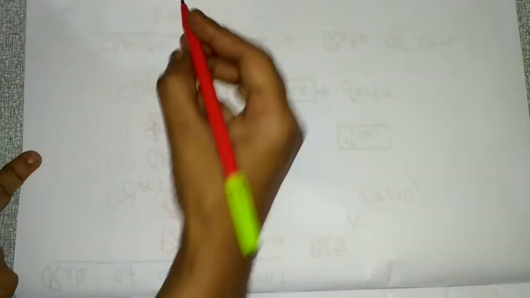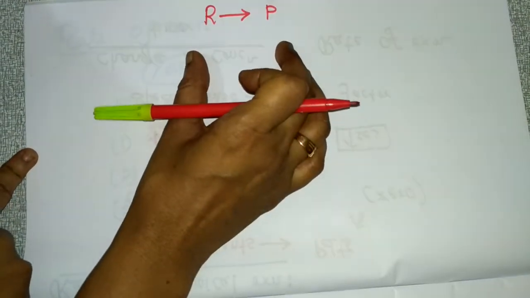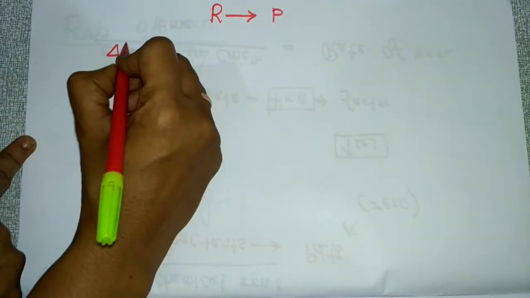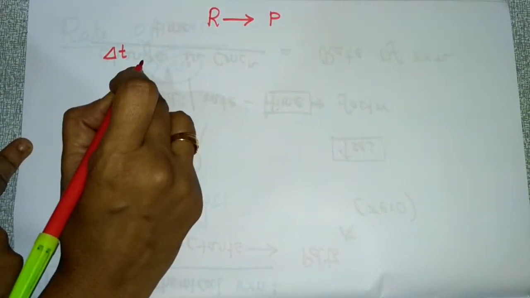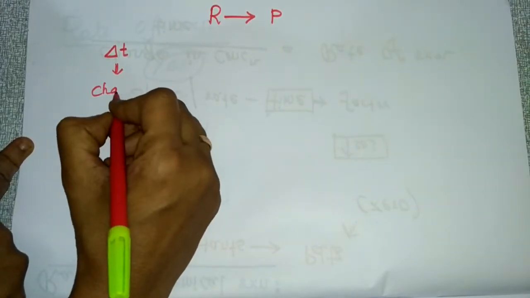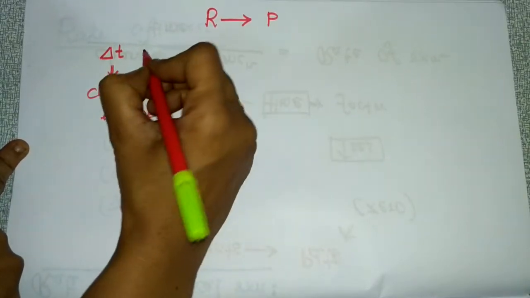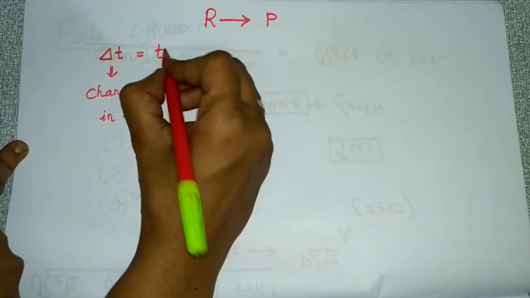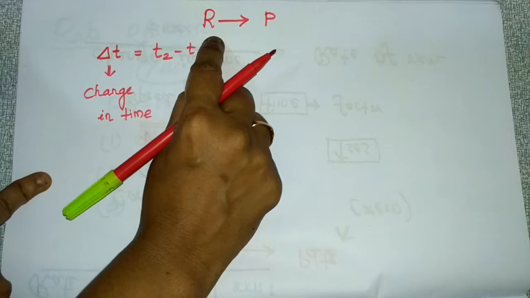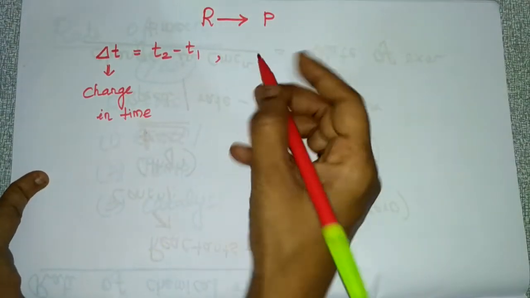And this I told you, reactants give you product. And when there is a change in time, that change in time is represented as del T. What is this del T? It is the change in time. How will you find out this change in time? T2 minus T1. And next, I told you about change in the concentration of the reactant and product, right? So how will you write that?